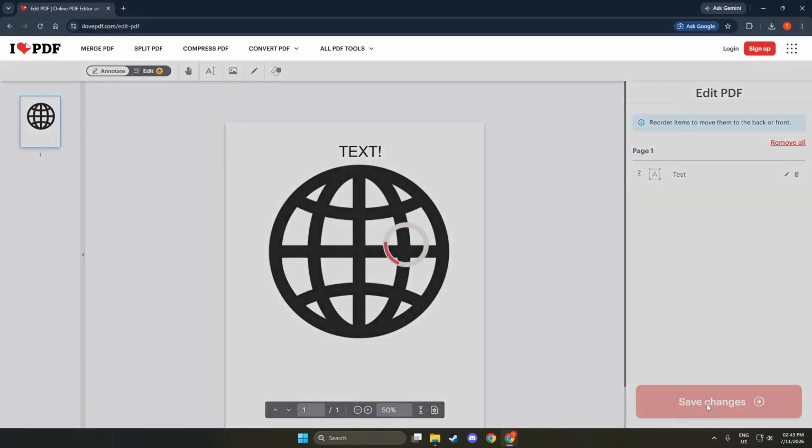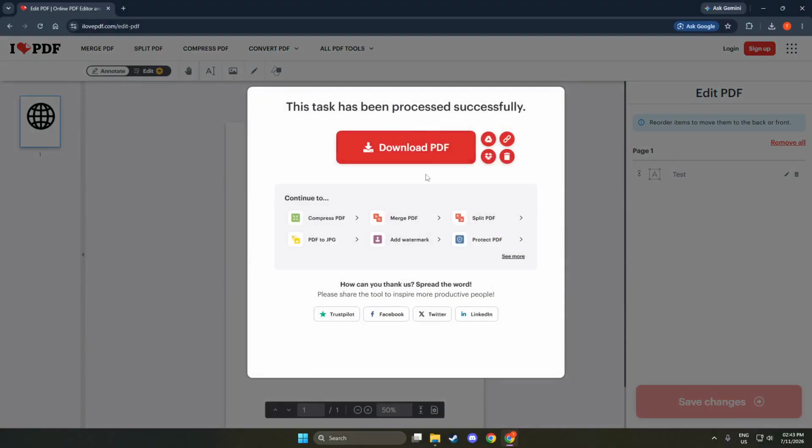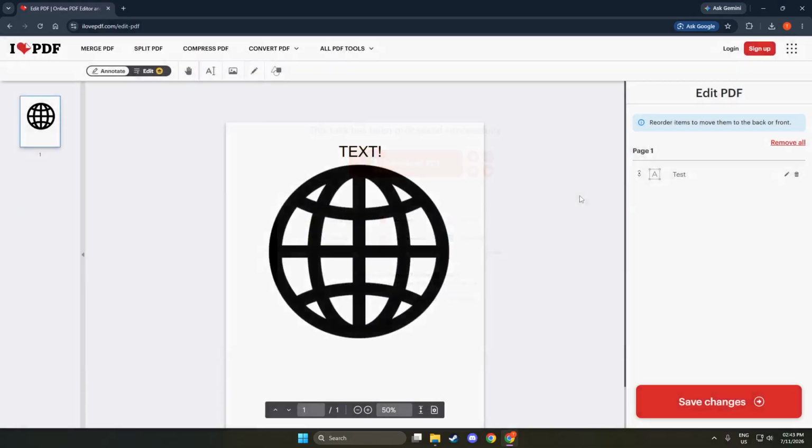Next, insert images. This feature allows you to enhance your document visually. You can choose images from your computer to add to your PDF. Simply click on the image icon, select your desired file, and place it where you want. This step is important because visuals can significantly impact the effectiveness of your document. You will see that adding images helps break up text and makes your document more engaging.